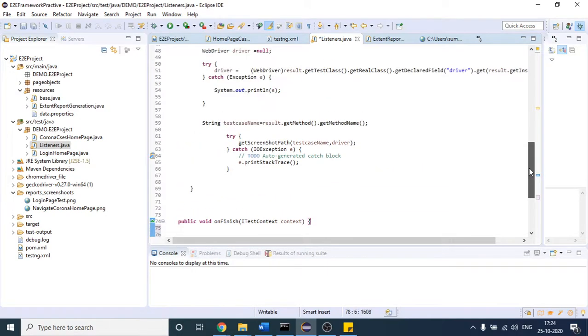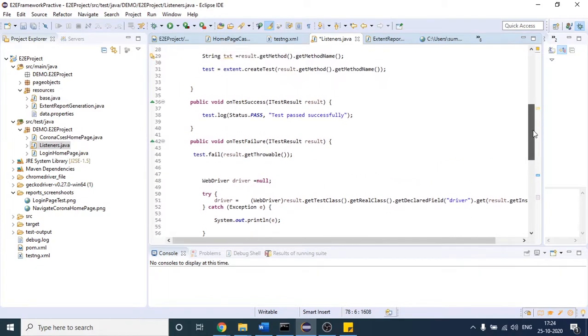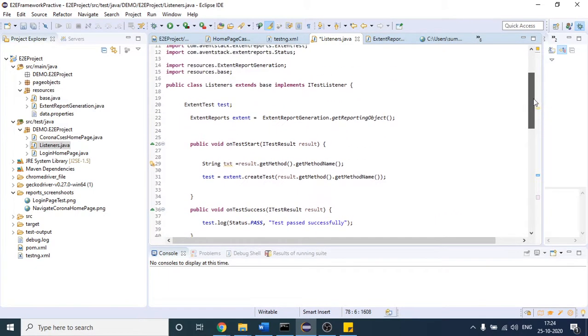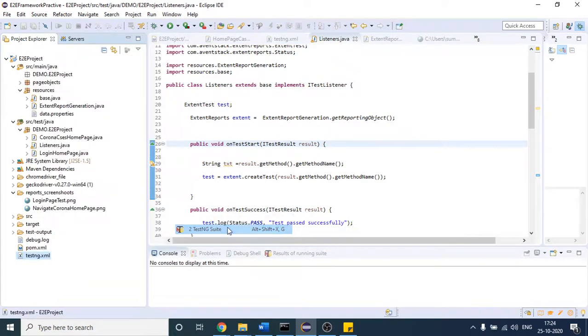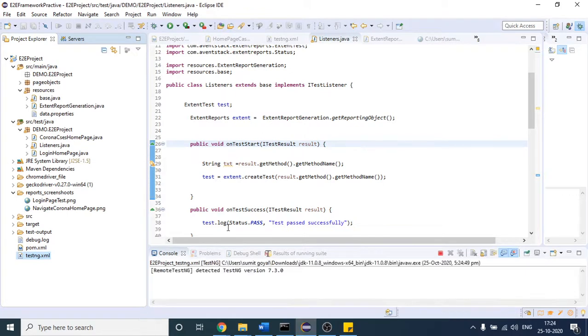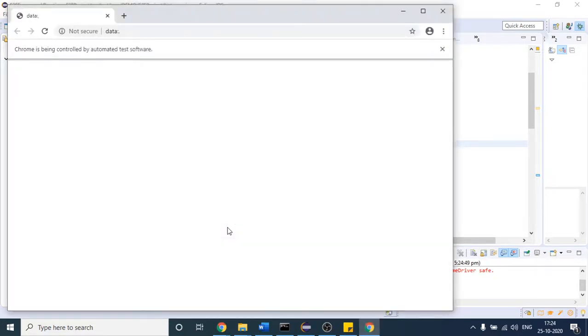Okay, so let us do one thing. Let us try to run this and check whether we are getting that index.html file on the left hand side or not. If not, then we will fix it, otherwise we will see in the debug mode how this code is working. So you can just right click and run as this. So let us check. I have not made any changes to the code which we have done previously. These are exactly the same test cases. One is the coronavirus homepage and the second is our demo website.